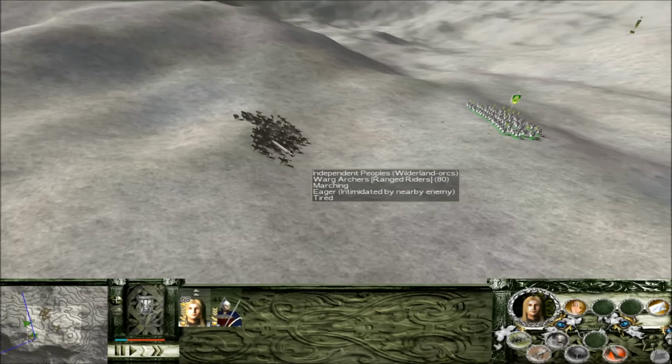I think they're still okay for another charge, though. Let's hit these spearmen units here. It looks like medium spearmen this time. Here comes Glorfindel, thundering over the plains. They are utterly tired